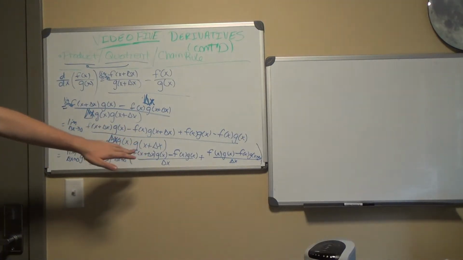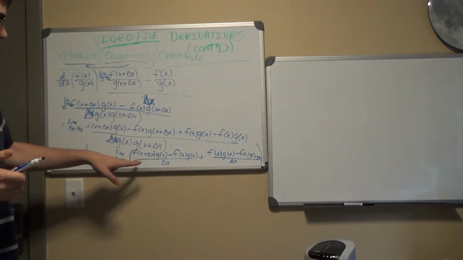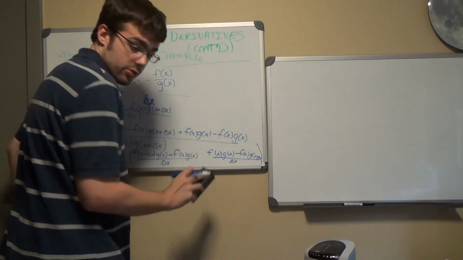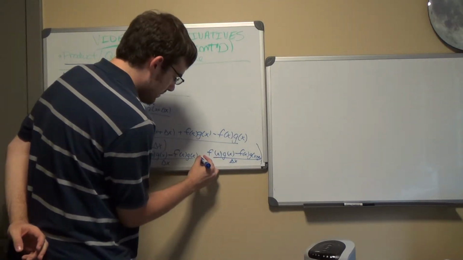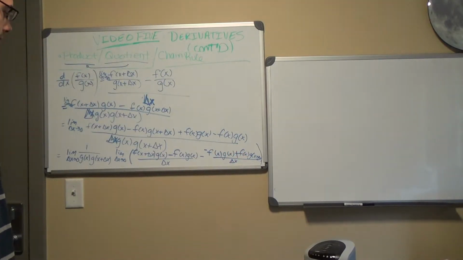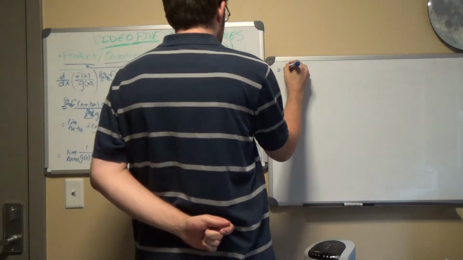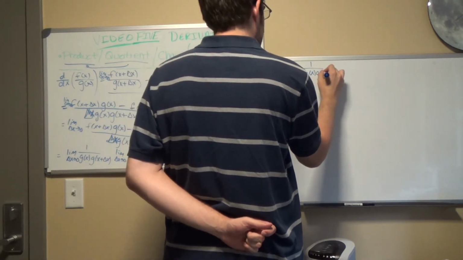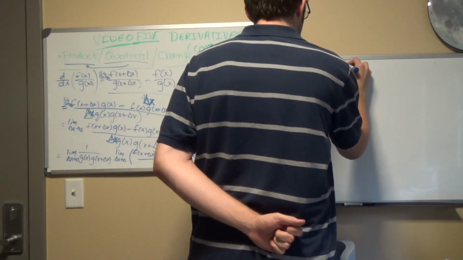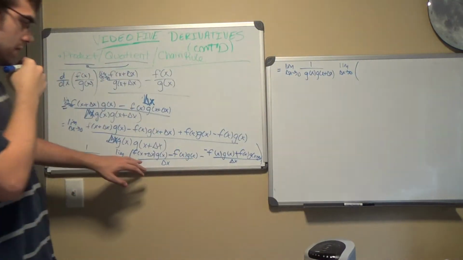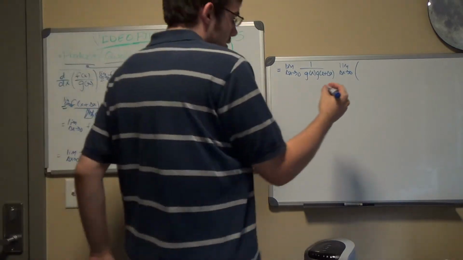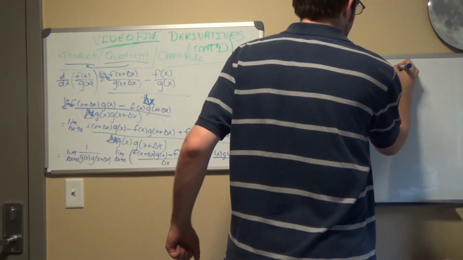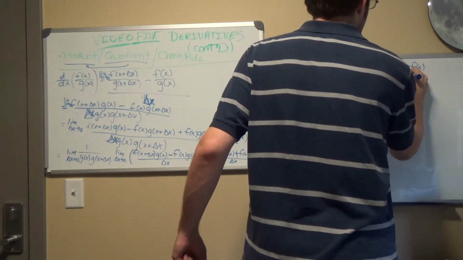Okay, so we're going to once again factor out like terms. And I want to change this around a little bit, and you'll see why in a second. So the plus is the same as negative, negative, plus. So let's go over to this side of the board, and we have limit as delta x approaches 0 of 1 over g of x plus delta x times the limit as delta x approaches 0 of, so our like terms here are g of x times f of x plus delta x minus f of x divided by delta x